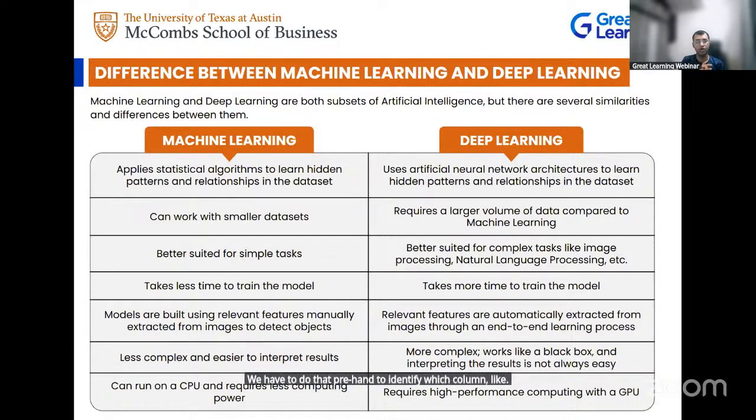For example, let's say you are building an ML model to identify loan eligibility. You have a lot of features about a customer, but to identify the eligibility there could be some important factors, for example age, location, the CIBIL score, the salary, and how many loans he has taken earlier. Some of these important columns will help us create a better model. All other columns we have to exclude and only pass in the required columns as the input to the model. That's what we have to do in machine learning.